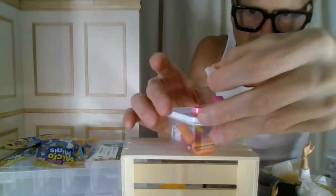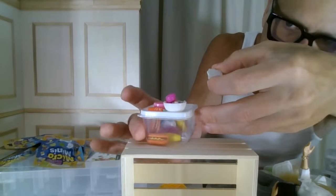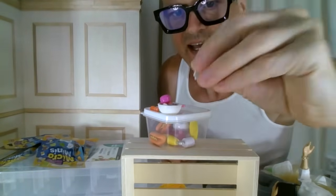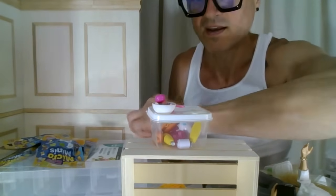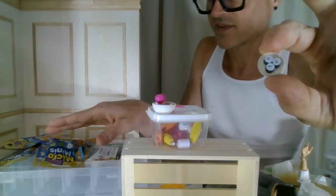Let's compare it to... Didn't we have an egg in this set? Nope. That must be some other toy line. This is a nice egg. Okay, the quality of these things is great. Then we have... I don't remember...